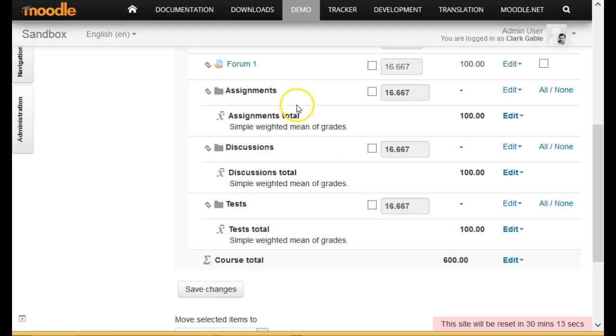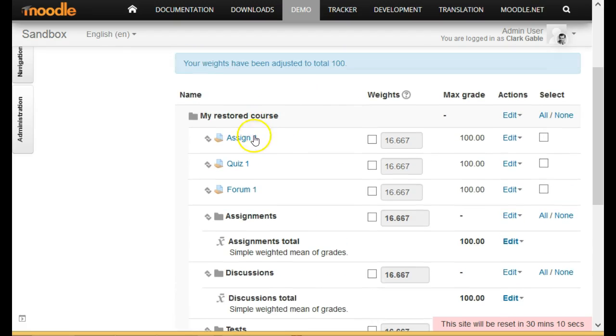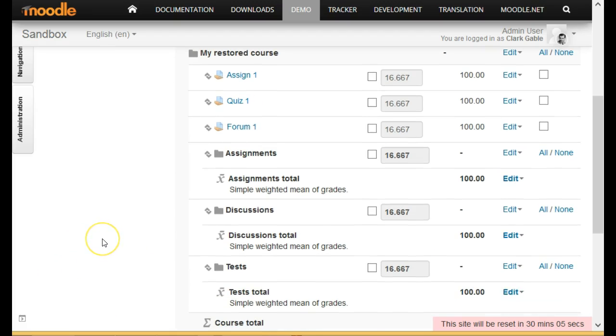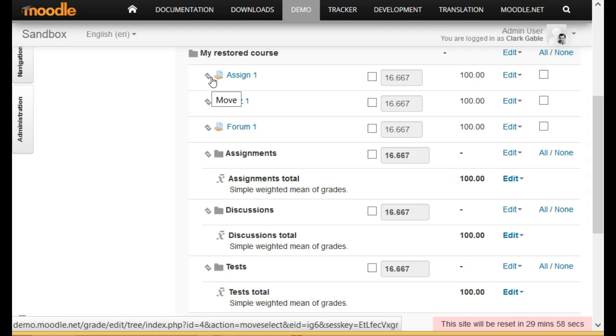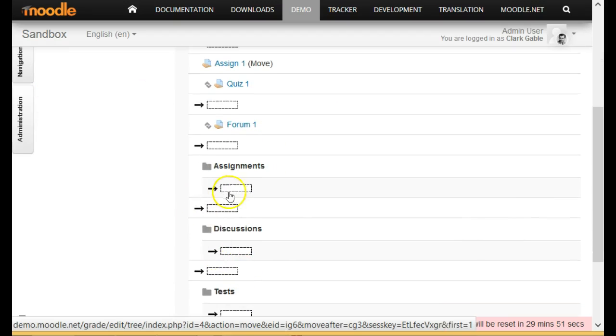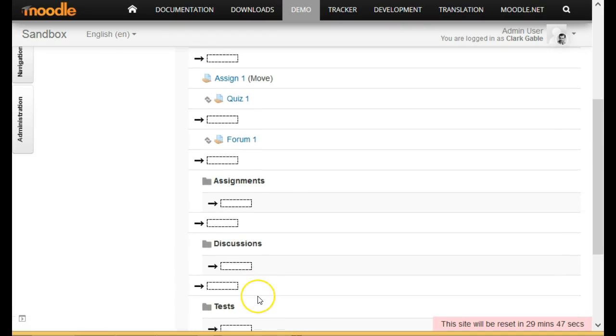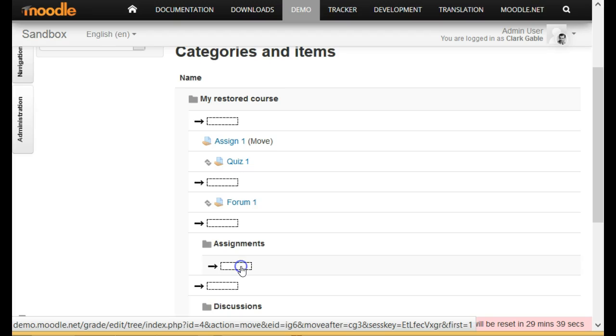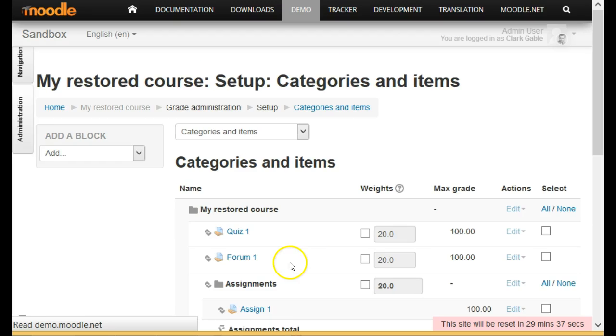Currently, we have 3 accessible items in our course, but they are sitting outside of their grade categories. Let's move them into their corresponding category. You need to click the Move icons to move our grade items where they belong. When you click the Move icon, empty boxes appear below all the possible places where the item can be moved. Let's move our Assign 1 under Assignments, Quiz 1 under Tests, Forum 1 under Discussion,